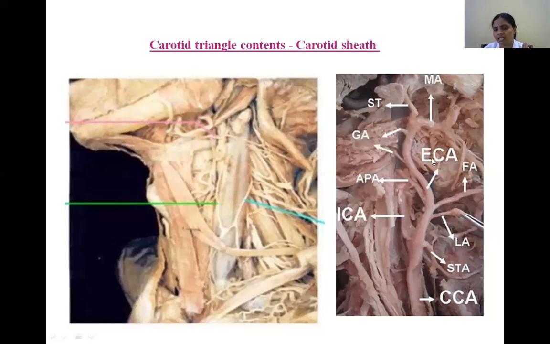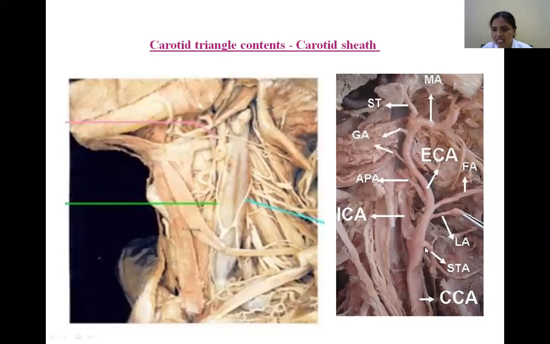See, altogether the external carotid artery gives off 8 named branches according to their supply. The first important branch is the ascending pharyngeal artery. See here, the vessel is retracted medially. Otherwise, you can't see this ascending pharyngeal artery. Why? Because it is the medial-most branch of the external carotid artery. Clear? So that's why they have separated the artery medialwards. Then we can appreciate this artery. This is the first branch of the external carotid artery, the ascending pharyngeal artery.